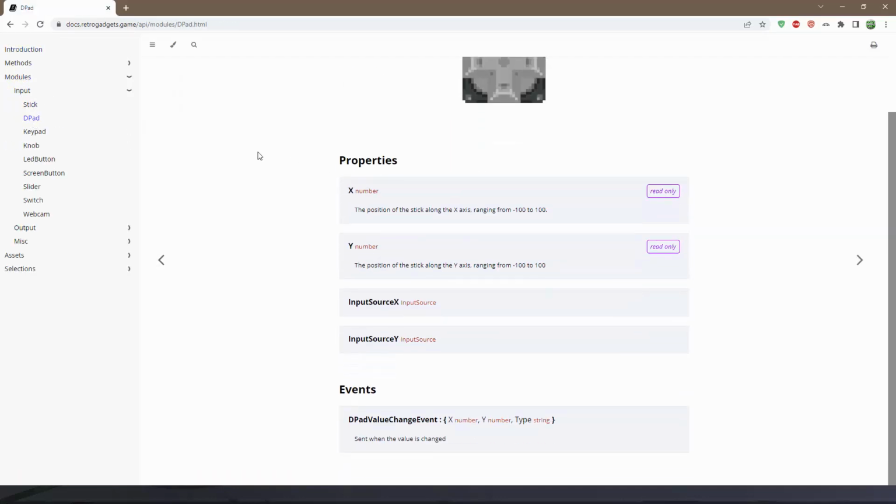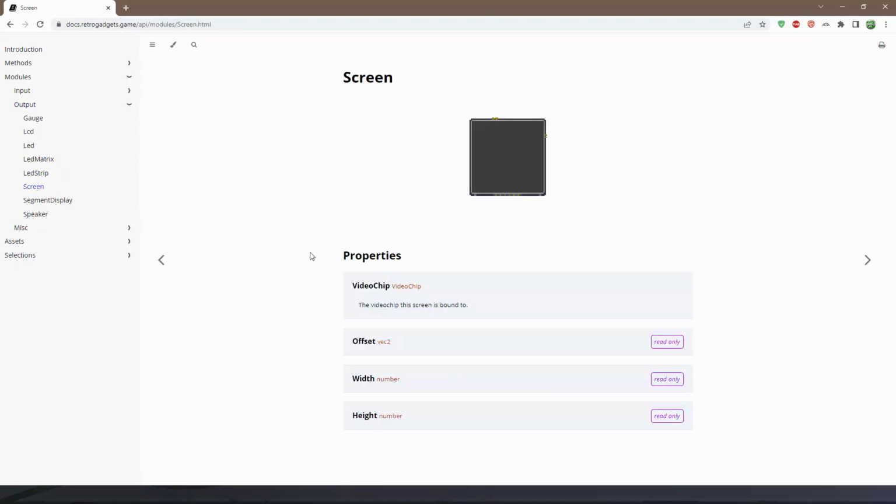There's the D-pad. We can see what properties it has. It has an X, a Y, different input sources, and an on-event-change event handler for it. So that's kind of cool. The properties here, you can see are read-only, so we refer to those with a period. And then if we look at something like output, like our screen,